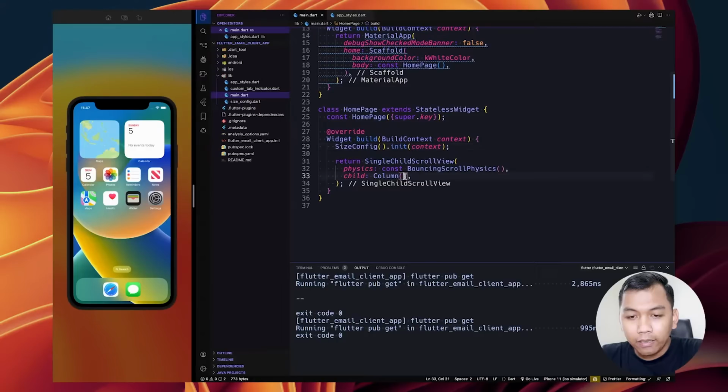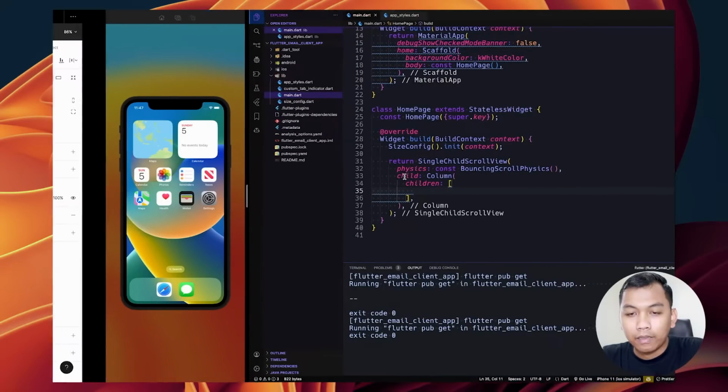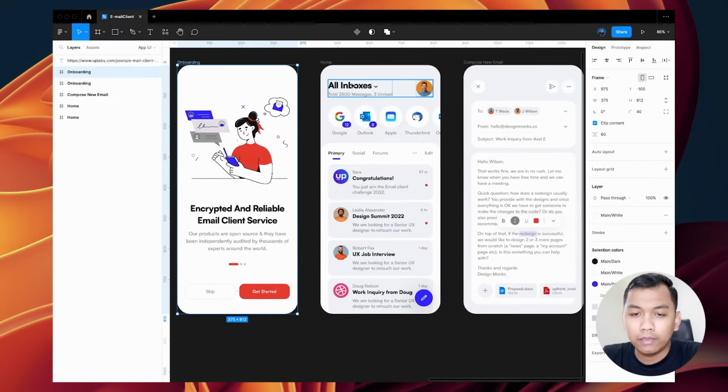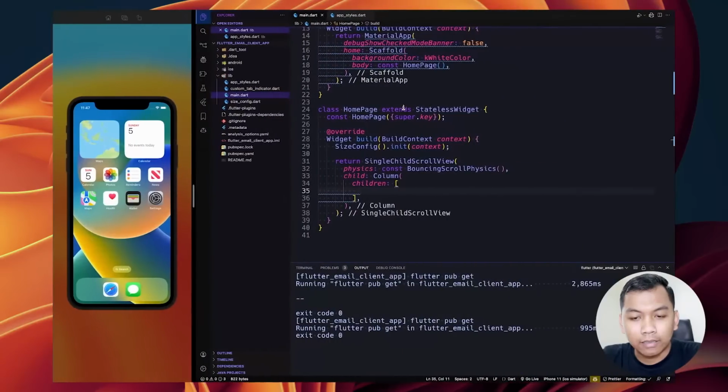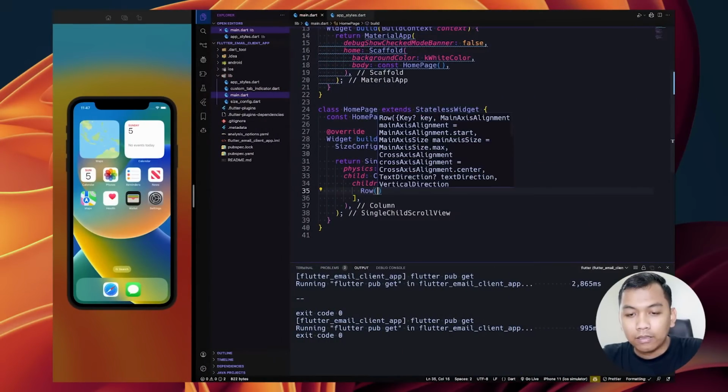Alright, and our column will have children, and the first child will be a row widget. As you can see here, this is a row widget, because we have a widget on the left and a widget on the right, so we can simply think that it's a row widget.